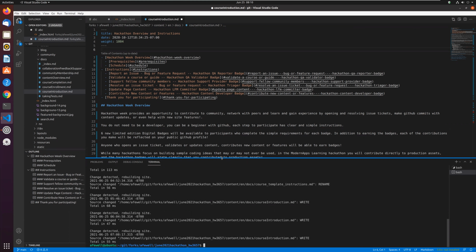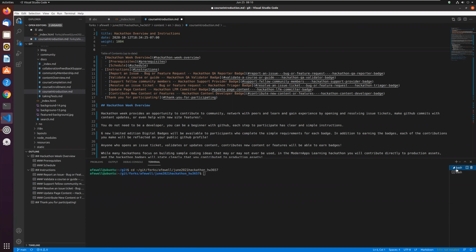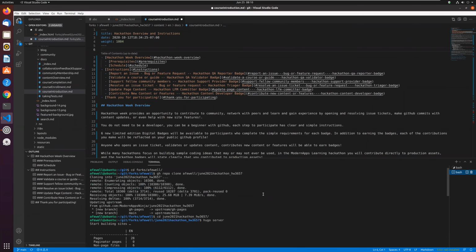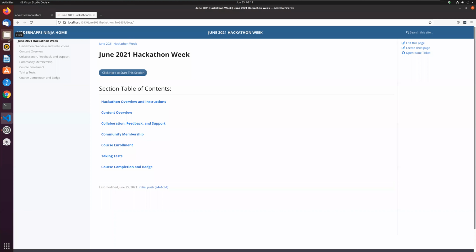While I'm here, though, let me take a little preamble and do a quick refresher on doing local development. You can see here I have a Visual Studio IDE open. What I did to arrive at what I'm doing right now is, let me see my history so you can see what I did. I ran this command with the GitHub CLI: gh repo clone, June21 hackathon. Now, let's review what I did there.